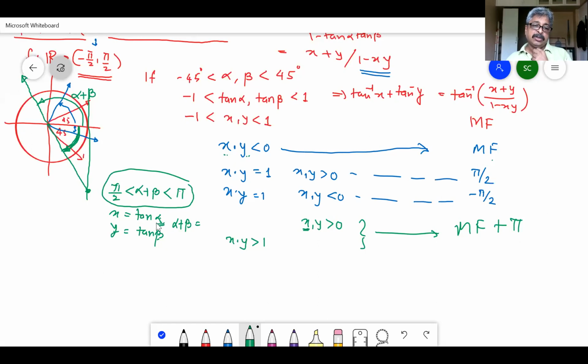You need to be alert in knowing what alpha you are talking about, what angle you are talking about, what beta you are talking about, and what are their corresponding x's and y's. Now we have put the condition x is greater than 0, y is greater than 0. Therefore, terminal rays of alpha and beta are in first quadrant. Why will they add up and become negative? They will not. So whatever answer the main function is getting, this answer is going to be negative because of the range minus pi by 2 to plus pi by 2.